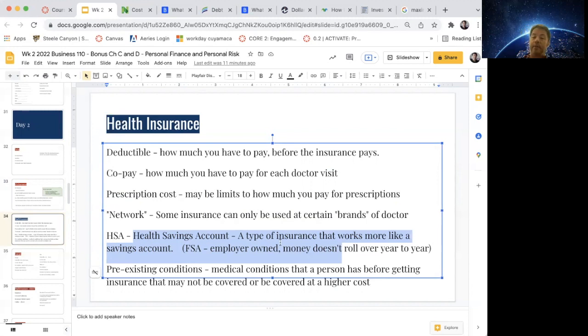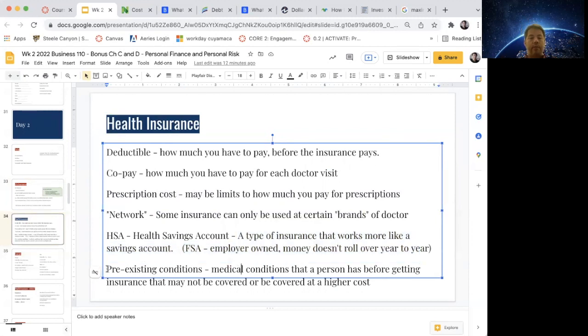Okay, health savings account, you put money in and it stays in there. The next year you can keep adding. And so if something big happens, well, then you can draw down on that account, but you're not having to worry about, oh, I just put in $1,000 and I'm going to lose it all. Okay. So really make sure that if you sign up for one of these, you know all the ins and outs and how that works.